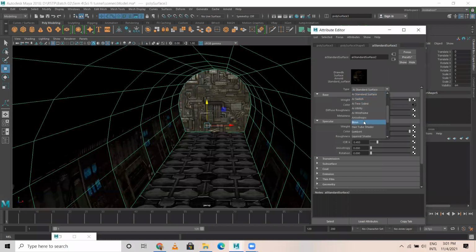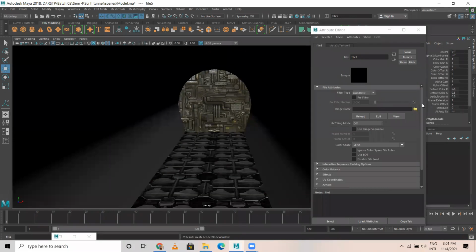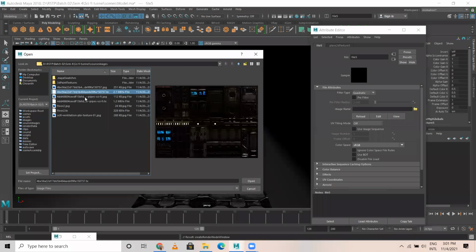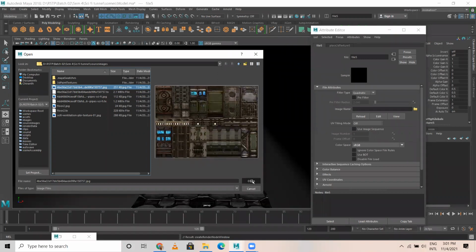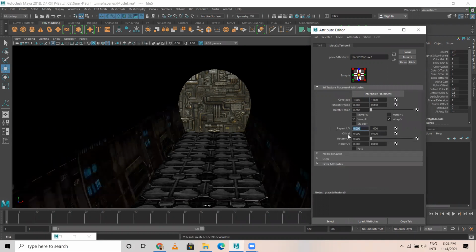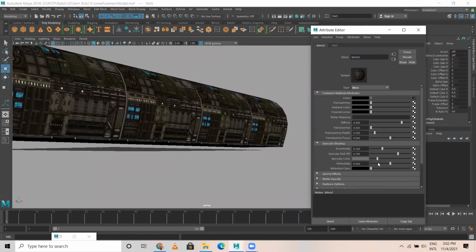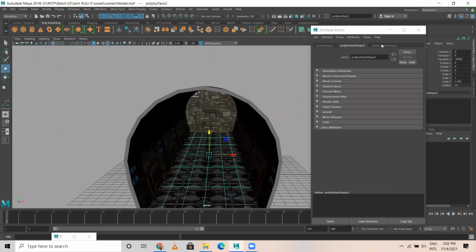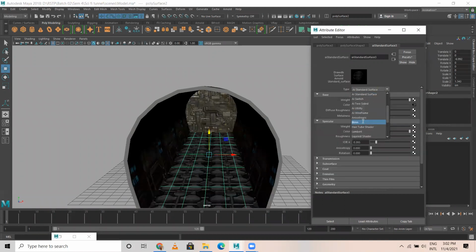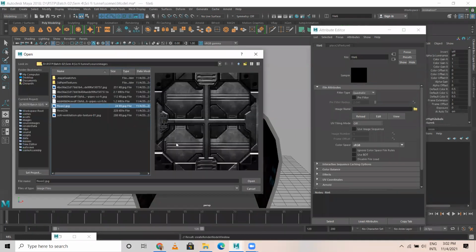And this one also, instead of AI standard, go with Blinn. I'm just changing from Arnold material to normal Maya default material. You can try even both ways. Arnold actually was taking a bit of time.